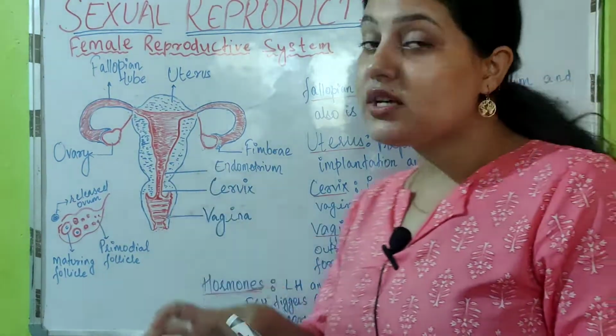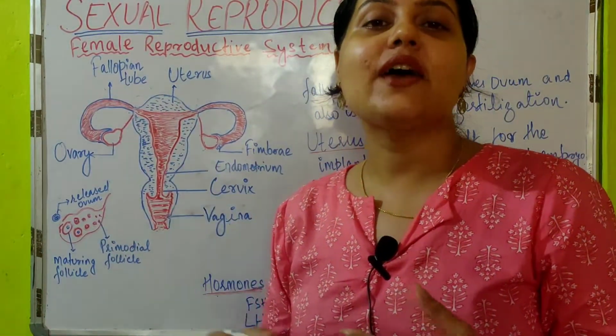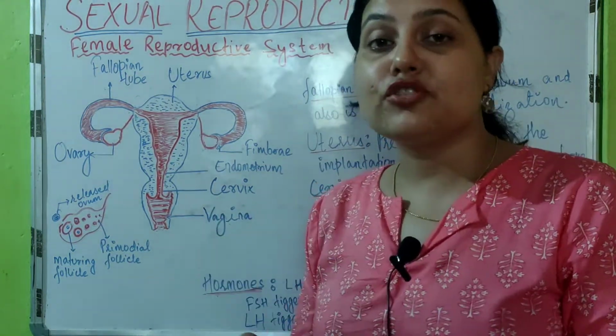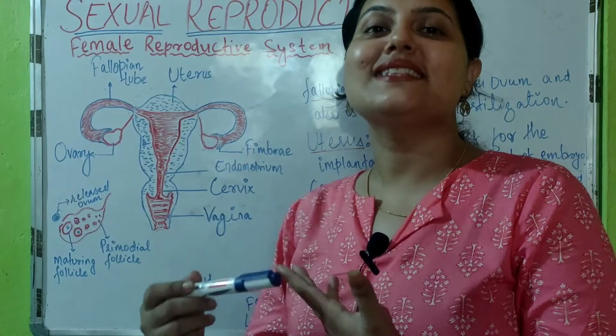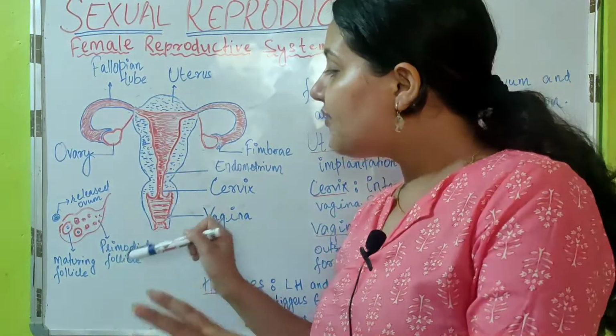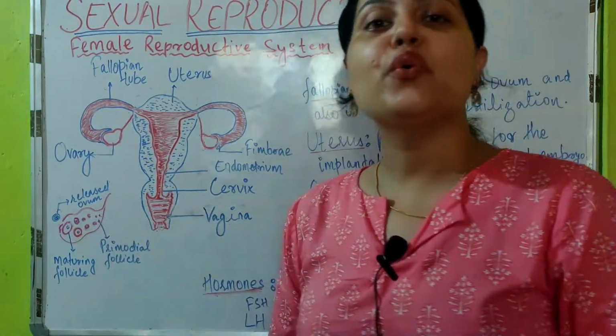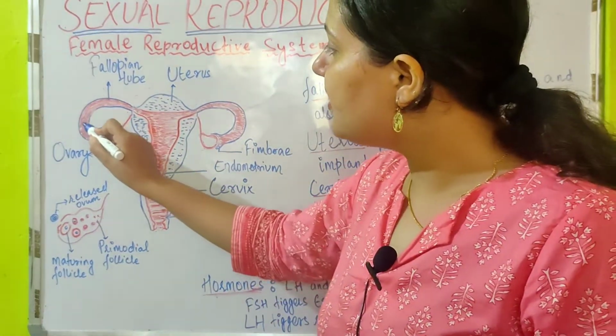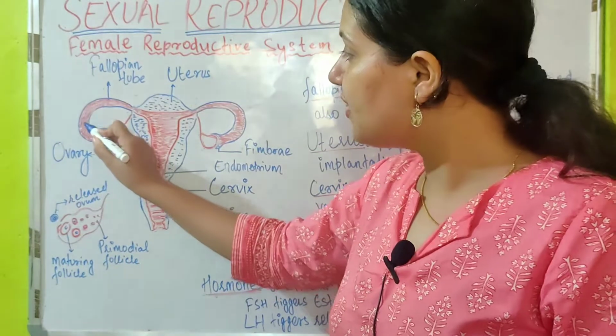That means the follicle also divides, and it also has stages of development. Primordial follicle first matures into primary follicle and then secondary follicle, and then finally it releases the ovum. And then this ovum, for example, is released from this ovary, it goes,